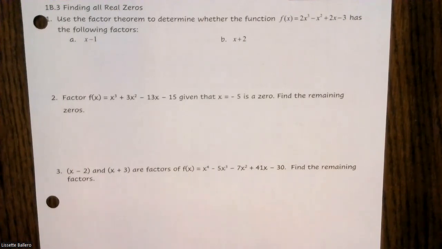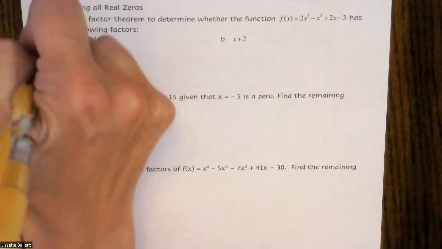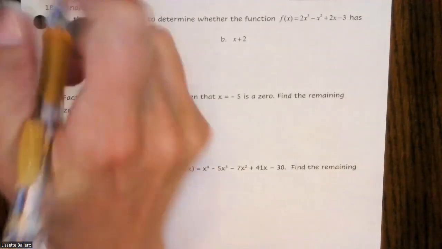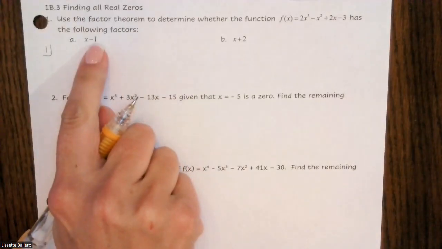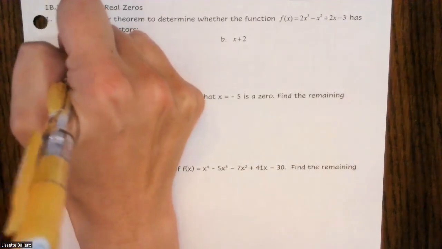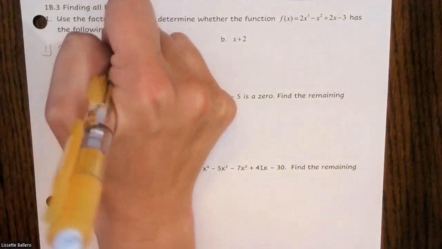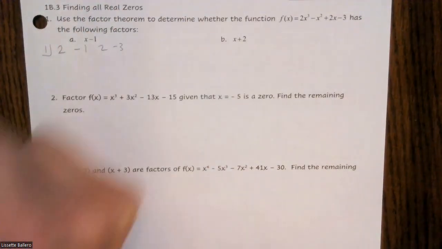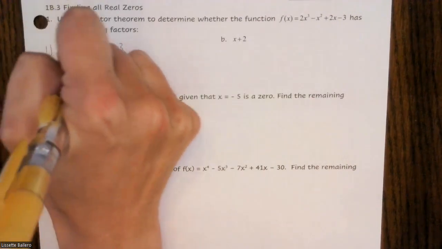So the first thing we would want to know is, is this a factor? We would want to check that using our synthetic division. So my root here is 1. So I'm going to go ahead and put that in the top corner, and then I'm going to use my coefficients. So 2, -1, 2, and -3. I drop the first term,